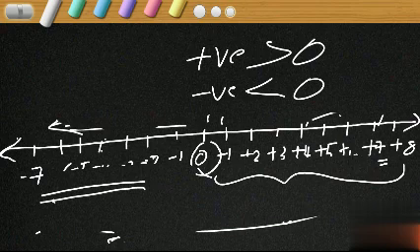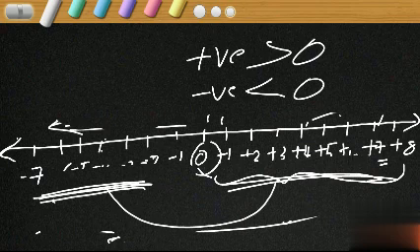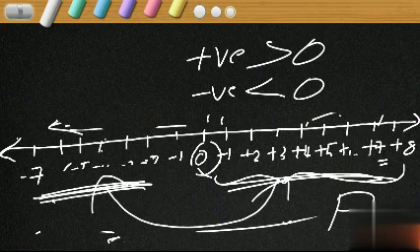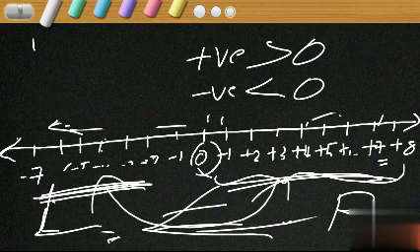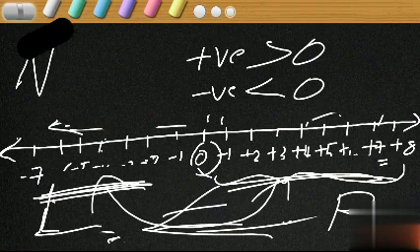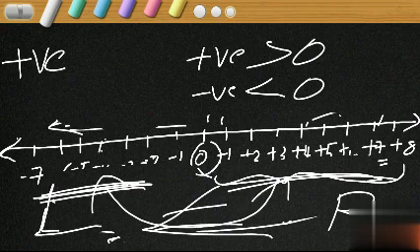And one more conclusion, let us think. What about positive integers and negative integers? Which is on the left side and which is on the right side? Yes, positive integers are on the right side and negative integers are on the left side, isn't it? From this, what can we conclude? The number on the left is smaller, the number on the right is greater. From this we can conclude that all negative integers are